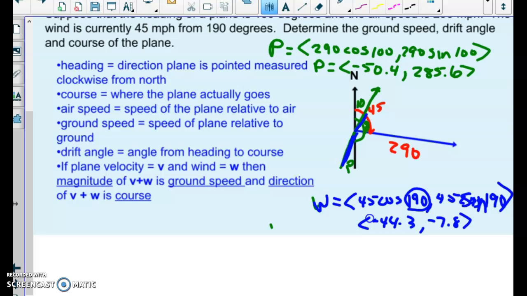But the wind is blowing to the first quadrant. So even though we were given a 190 degree angle to start with, I know that the wind is in the first quadrant, so I have to make both of these positive. So sometimes we have to think through what's going on. Even though that 190 was given to us, it's actually blowing to 10 degrees from vertical. So that's why I made those positive. And so now if I add my plane plus my wind, I get